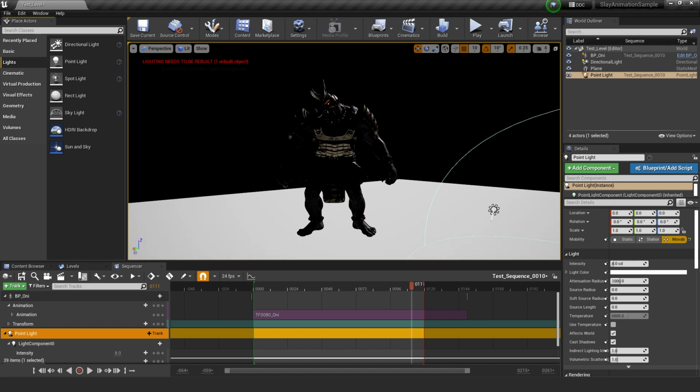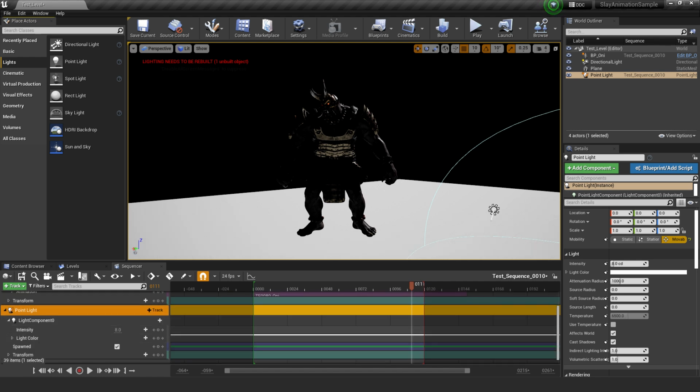Once you click and drag it into your sequencer, you'll see this little lightning bolt icon right next to the light bulb. That is an indication that this object is only going to be spawnable inside of Sequencer. So if you ever close out of Sequencer, or if you don't have this specific shot open, this object will not be visible nor active in any way, shape, or form. It won't exist until you open up this sequencer specifically again.